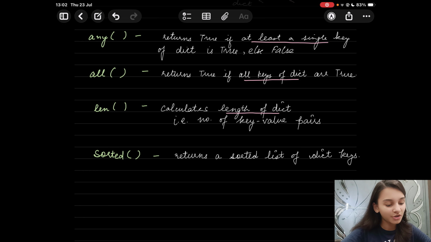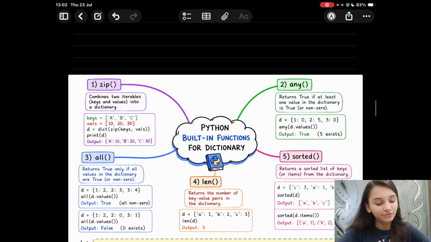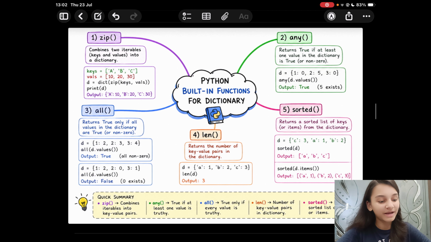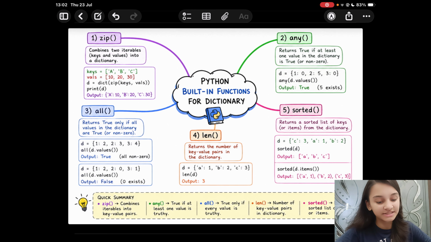Moving to the sorted function. It returns a sorted list of dictionary keys. I hope this is clear. Now let's look at a few examples of the Python built-in functions that we have just discussed. So for zip, supposing we take a list keys and the values are A, B, C. We take another list vals and these are the values.